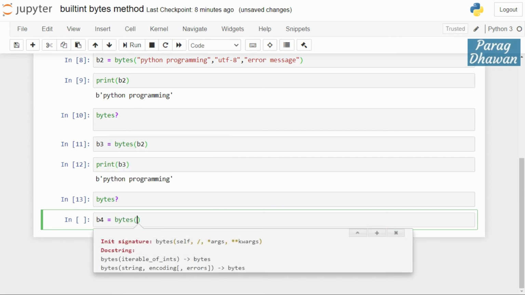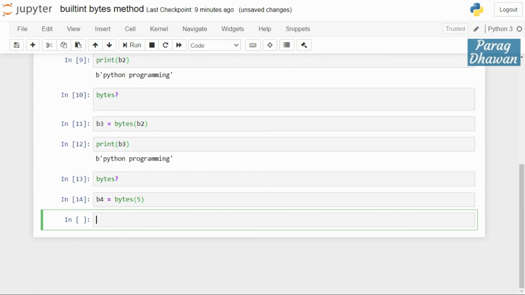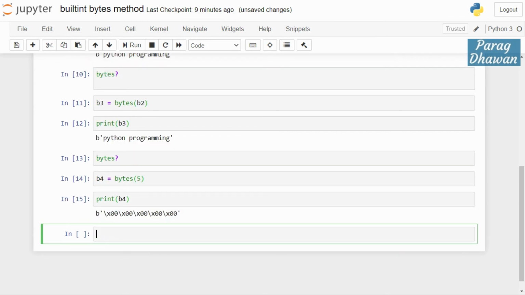You are creating 5 bytes, and they will be initialized to 0 value or null value. Print b4. The byte array contains 5 integer elements which are initialized to 0.